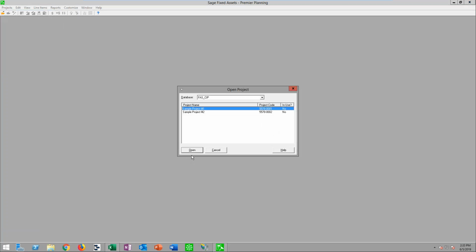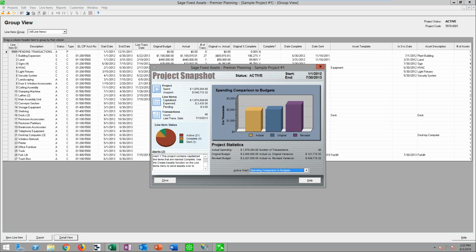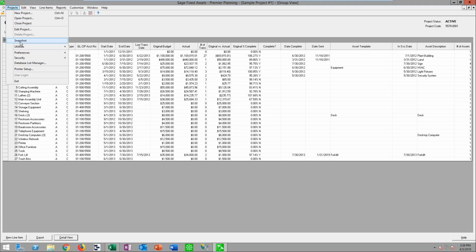You can, of course, have multiple projects going, similar to the depreciation side, a quick snapshot showing you what's going on in your project, what's spent or unspent of the budget, what's capitalized or expense. And you do have the ability, by the way, to have either capitalized or expense assets here. You can see your actual spend against an original as well as a revised budget. And you would actually set that up